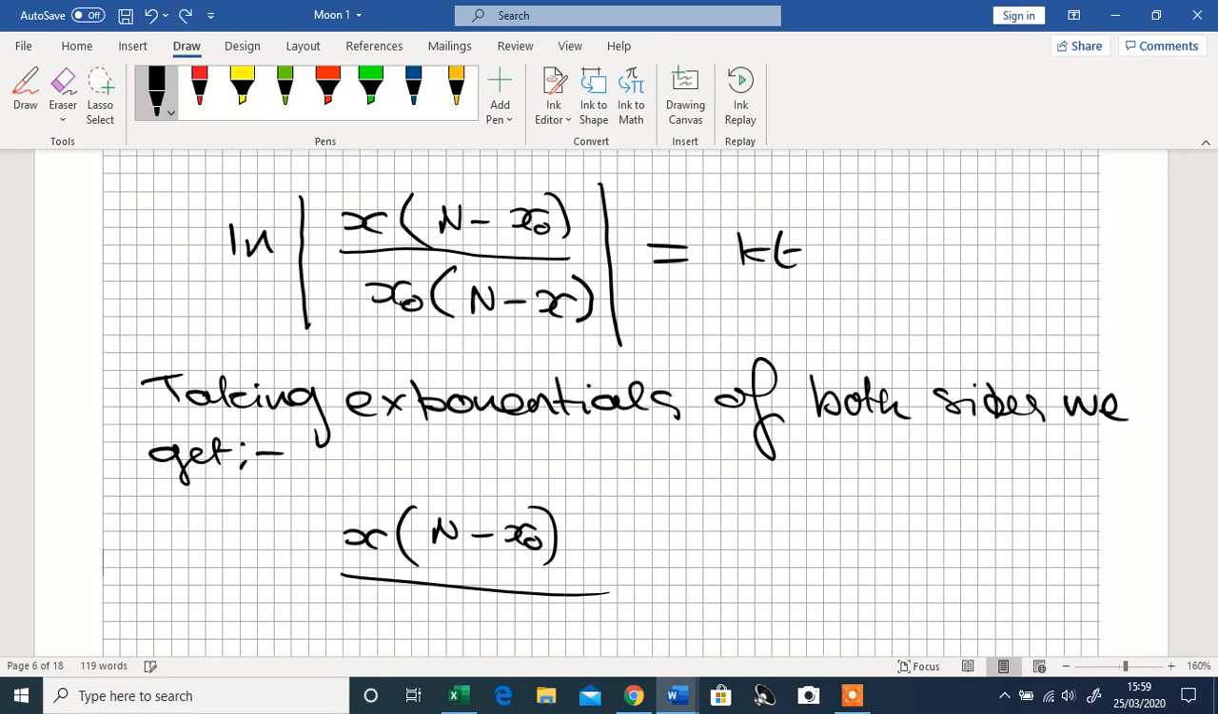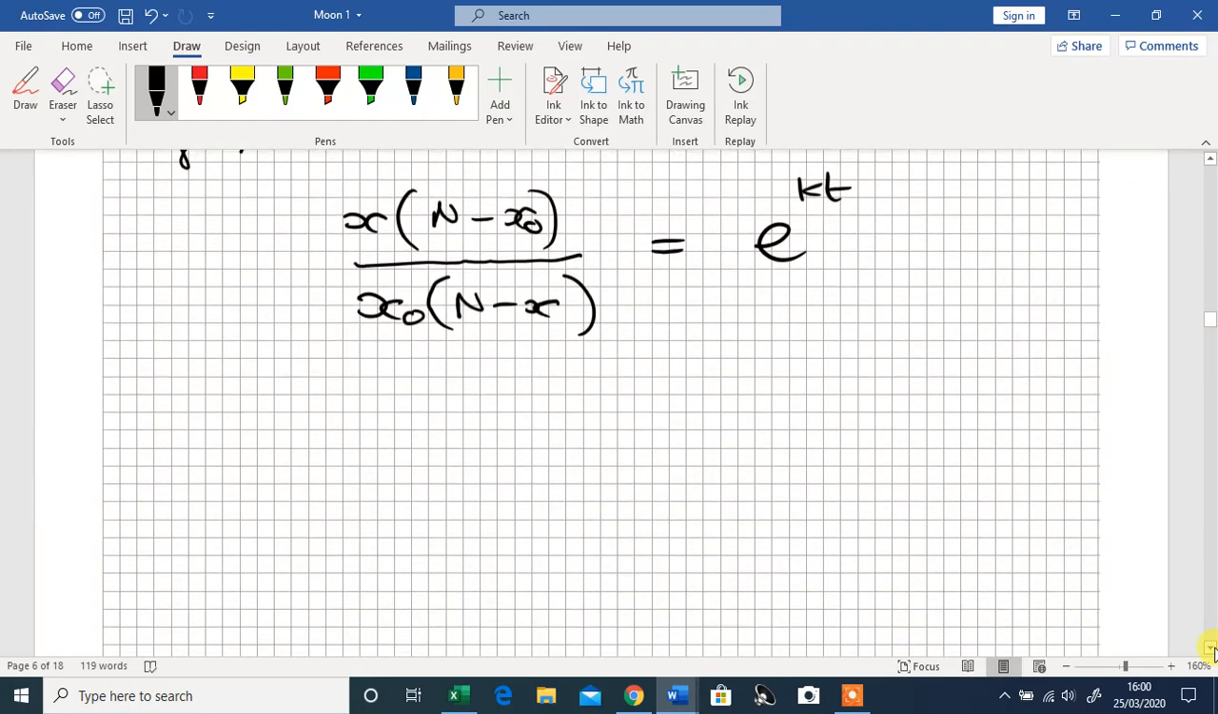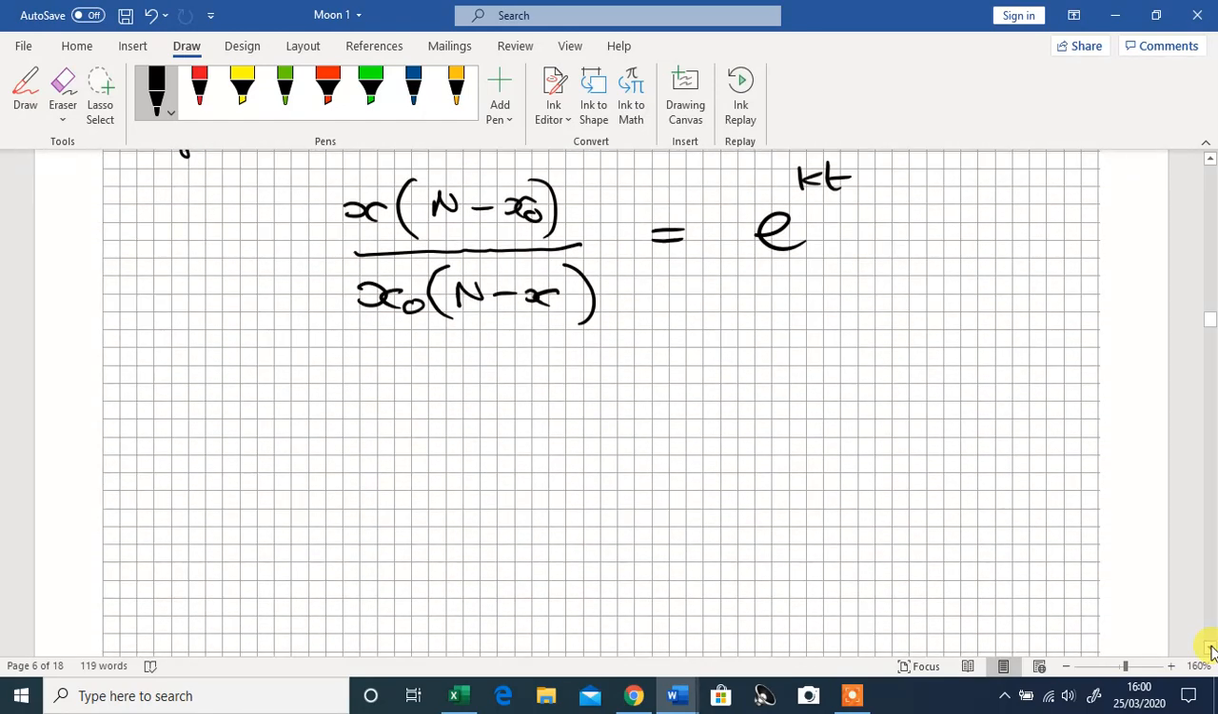Oh dear, I cannot draw straight lines, can I? So, right, there we are. I need to probably take my time and be more careful. N minus x there, and that's equal to e to the kt. Now, we're certainly getting somewhere, because we can now multiply both sides by, and I'll write this down,